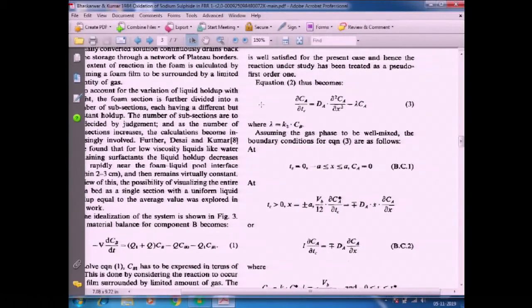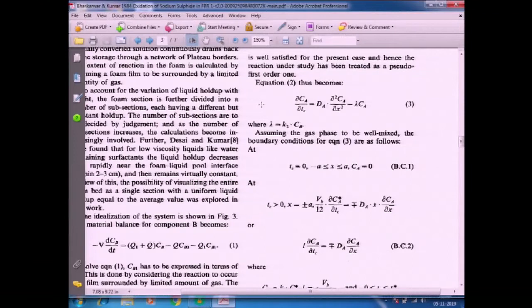Thickness of the film is 2a, right. So, at time 0, when the foam film starts out of the storage section, on account of fast reaction, there is no dissolved oxygen concentration present. So, we could take the initial concentration Ca equal to 0. That simplifies our analysis a bit. In the general case, we may need to allow for some initial concentration to begin with.